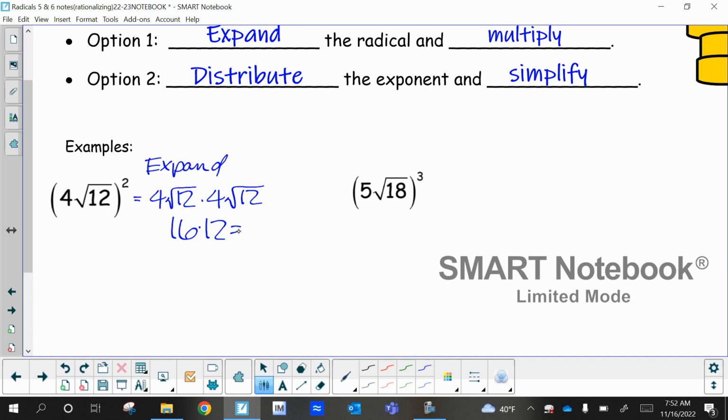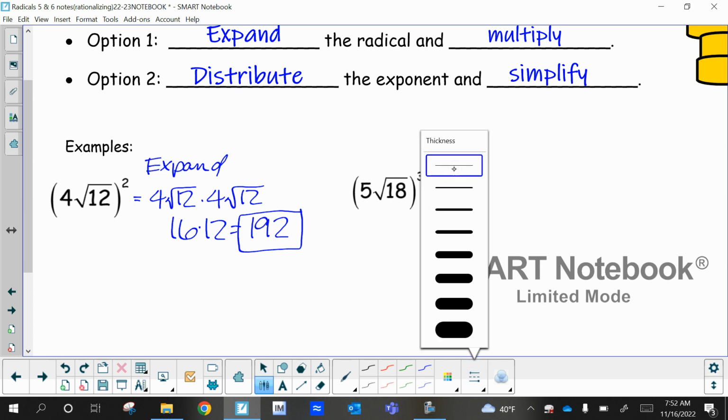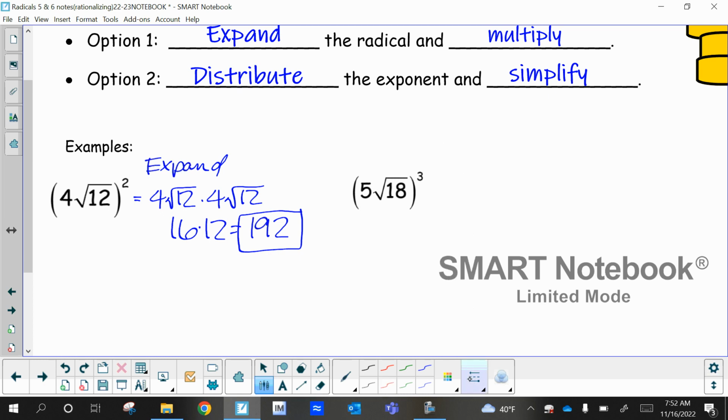16 times 12 is 192. And there's your answer, okay, when you expand it. Now let me show you what it means to distribute, okay? When you distribute, you